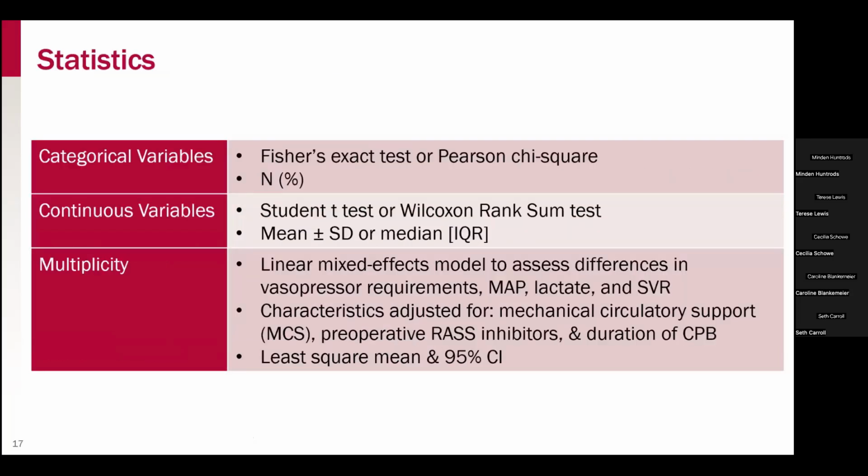Statistics for this study, since it was retrospective, they did not have a power calculation, but categorical variables were evaluated using a Fisher's exact test or a Pearson chi-square, and then continuous variables evaluated using a Student t-test or a Wilcoxon rank sum test. And to account for multiplicity, they also used a linear mixed effects model to assess differences in vasopressor requirements, MAP, lactate, and systemic vascular resistance. And then they also adjusted for other differences like mechanical circulatory support, preoperative RAS inhibitors, and then duration of cardiopulmonary